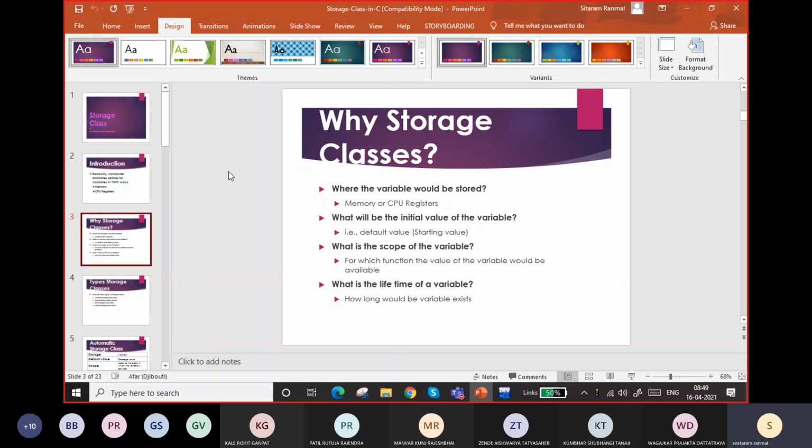Then why are storage classes there? We want to understand which variable is stored in the register and which kind of variable is stored in the memory. Memory, whenever I say memory, is related to the RAM, always say random access memory, temporary memory. It is the memory used for calculations. It is called RAM, random access memory, not read-only memory. Read-only memory is nothing but a hard disk. It is 2 TB or something like that. People say it is 64-bit or something like that, right? Or RAM is 8 GB.